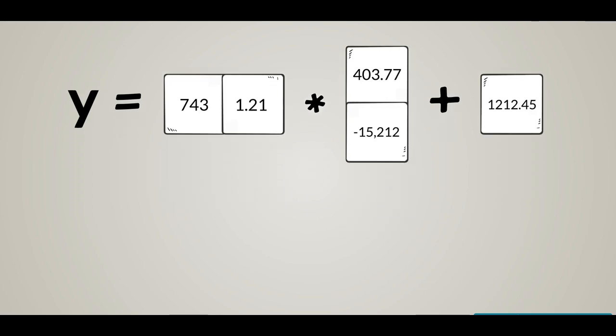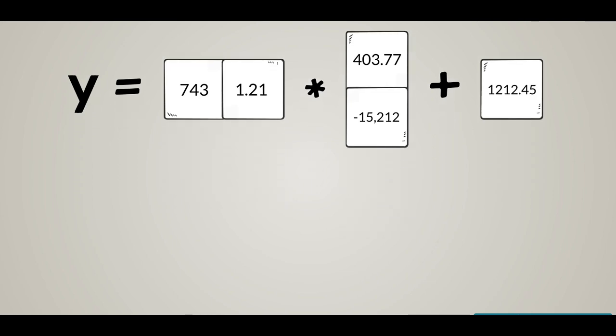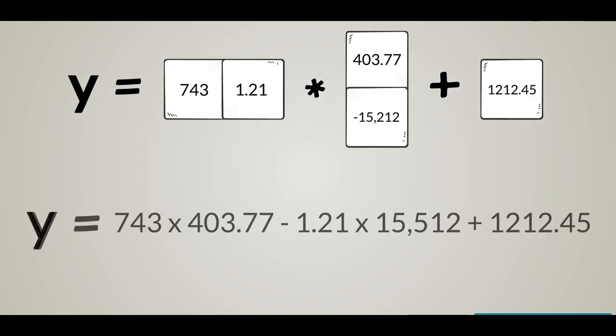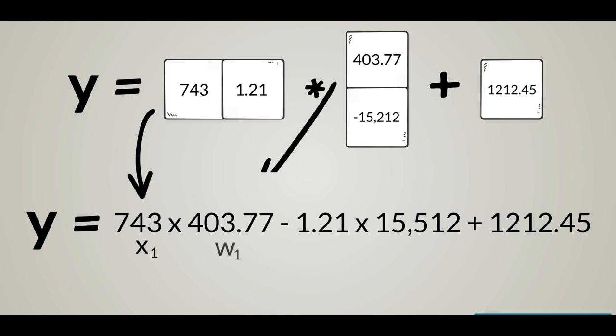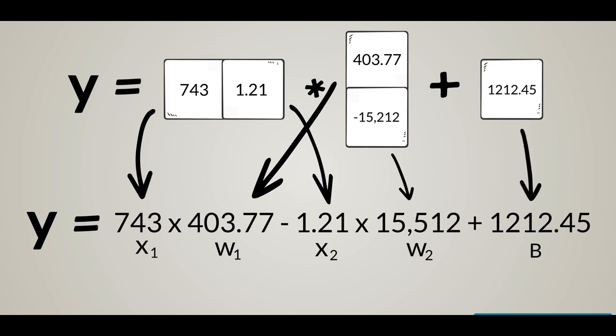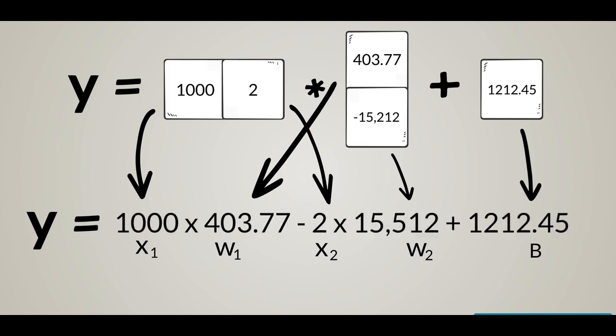1,212.45. To calculate the new projected price, we must multiply 743 times 403.77, then subtract 1.21 times 15,512, and add the bias, 1,012.45. The result is $282,444.04. Similarly, if the 1,000 square feet apartment is 2 miles away from the beach, its price becomes